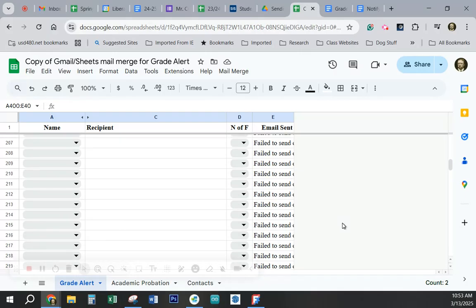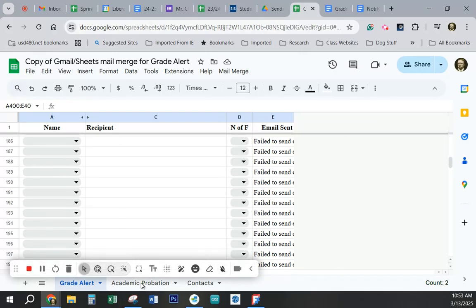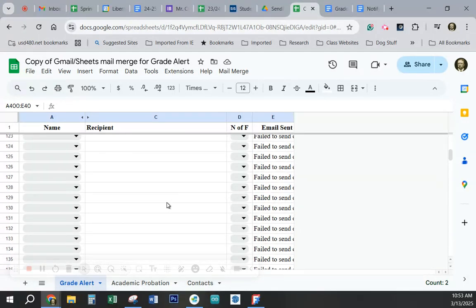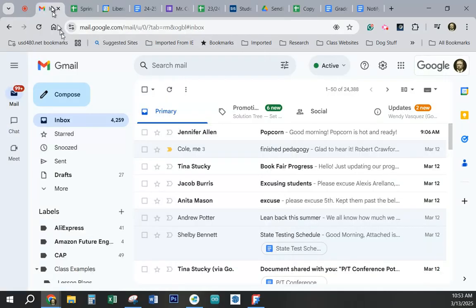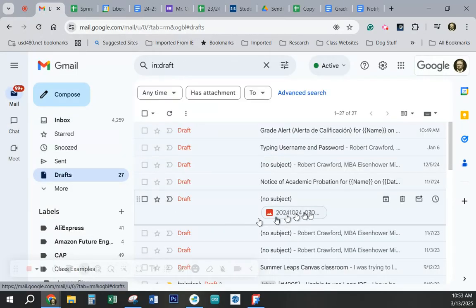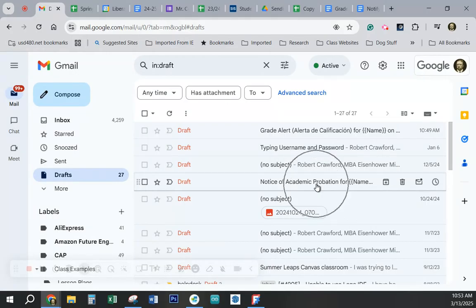So, sending home grade alerts. Oh, active probation. The only odd thing about this one, just to let you know, is you will send the grade alert. Then you will, if you need to, also send the academic probation alert, and that's going to have its own letter. Okay, notice of academic probation, and I'll be putting that also into that folder. I realize it's not there yet; it'll be there soon. So, if you're wanting to send that,